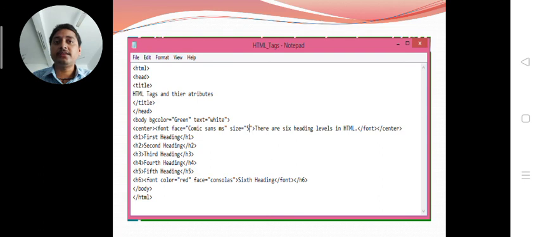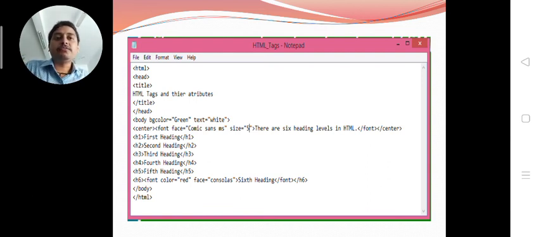HTML, head, title, title closed, head closed. Now in the body tag, see clearly, bgcolor equals green and text equals white. Bgcolor is written to change the background color, and text is written to change the color of text.